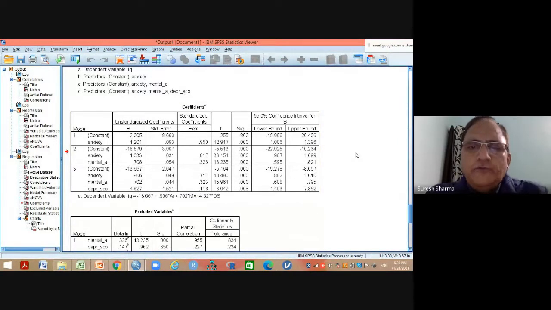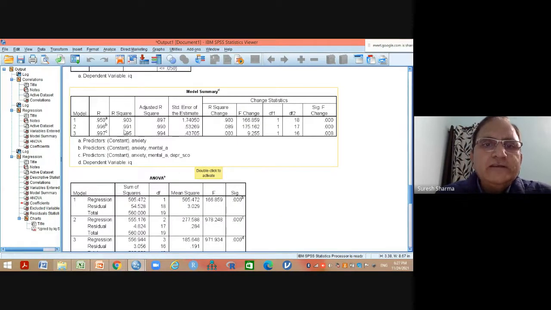And finally, please note down a few important steps in multiple regression. Very important steps. That is called model diagnostic. What are the model diagnostic steps? Number 1, what you need to report and also observe: value of R square must be high. First point, at the last step. So we have to see at 3 number. If it is going up to 5 or 6, you have to see the 6th one. Value of R square must be high, and it has to be significant. We have already seen that it is significant, less than 0.05.